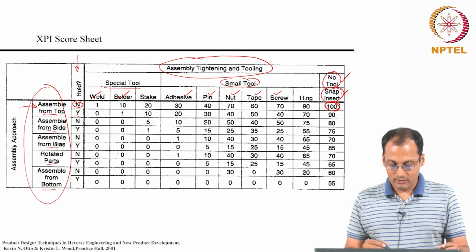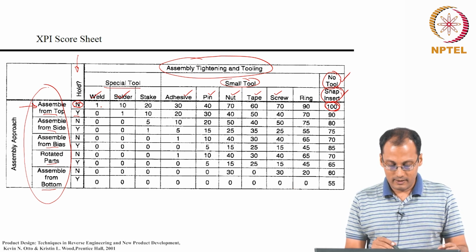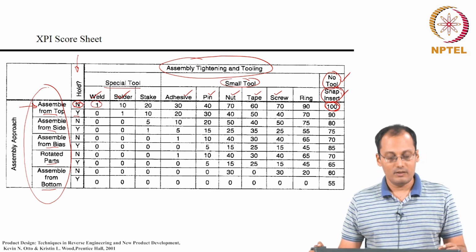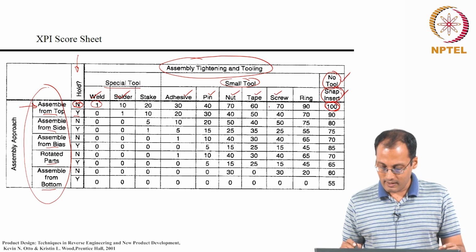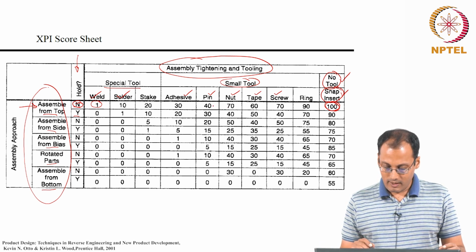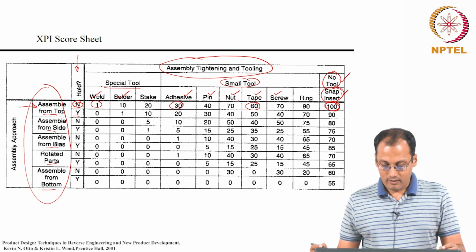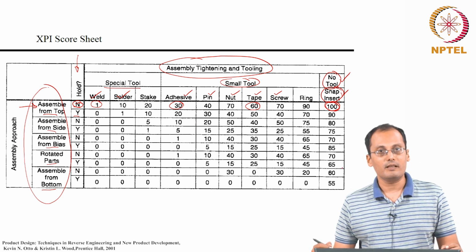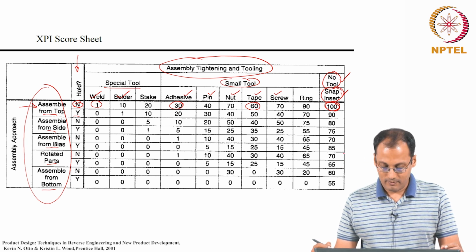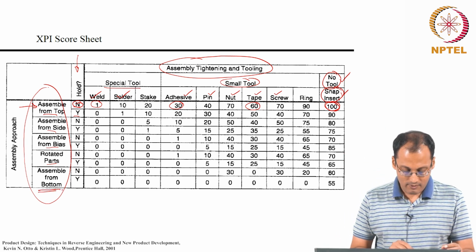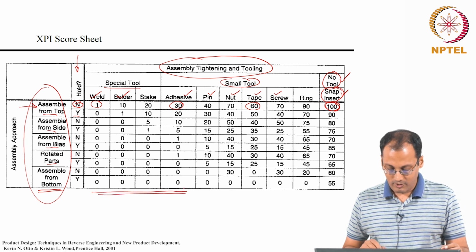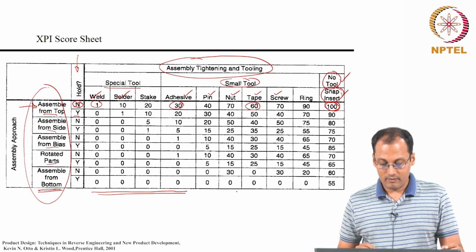Like if I have to do a welding, you can see that it is a very low score, because the difficulty of doing the welding is more as compared to say putting a adhesive or putting a tape. So, the lower the numbers, the higher is the difficulty of doing that operation as described in this table. So, if I have to do some operations from the bottom, you can see that the numbers, score sheets are put as 0, because they are very difficult.